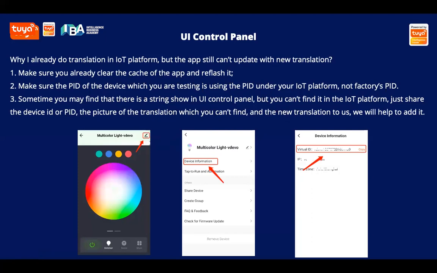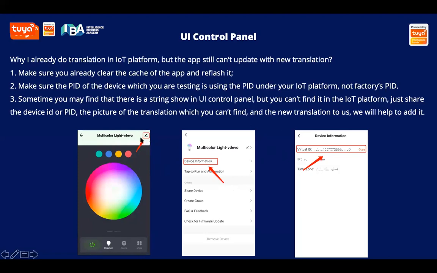We face many times that you may get a sample from the factory with the factory PID. So no matter how you translate on your own PID, the samples which you get from the factory won't have the new translation. And if you are not sure which PID the device belongs to, you can find the device